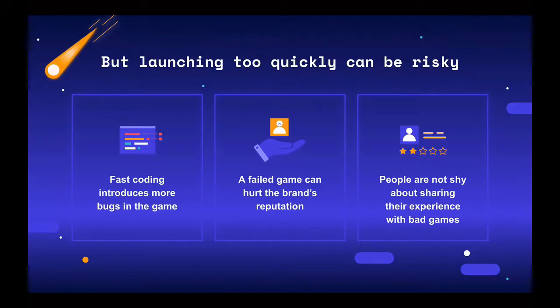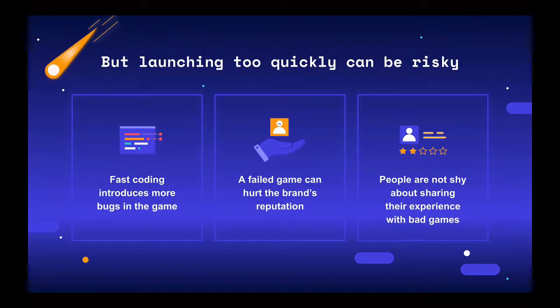If you rush your code and don't do adequate testing and cut corners, it can introduce more bugs into the game quite simply. A game that has a disastrous launch can meaningfully hurt the brand's reputation, especially if you're an indie studio. Sometimes you only get one bite at the apple, and even for large studios, if you are a game developer